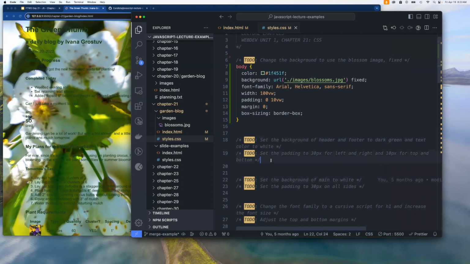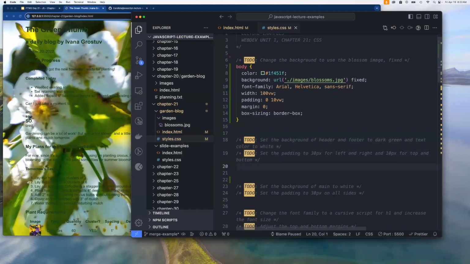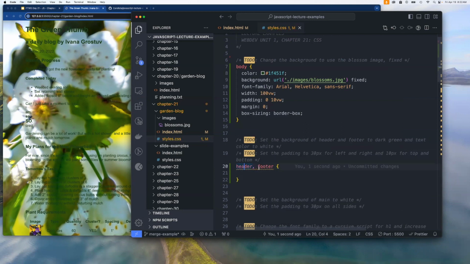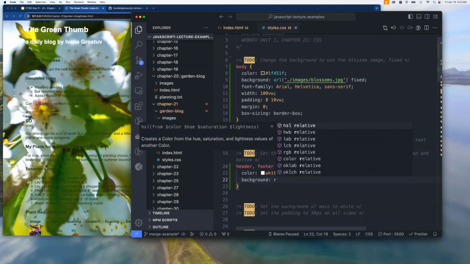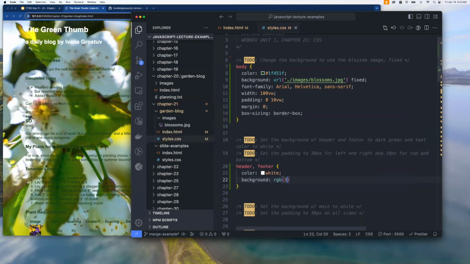So for the header and footer, we'll set that to dark green, and then we're going to override the color of the text that's set for the entire body by setting it to white for just the header and the footer. Let's do that. So I'll say header and footer. We can apply styling with one definition to more than one element by just putting a comma between them like this. And we'll say the text color should be white, and the background should be RGB, and I'm going to give it